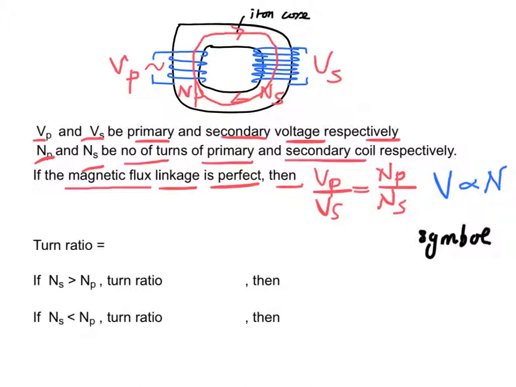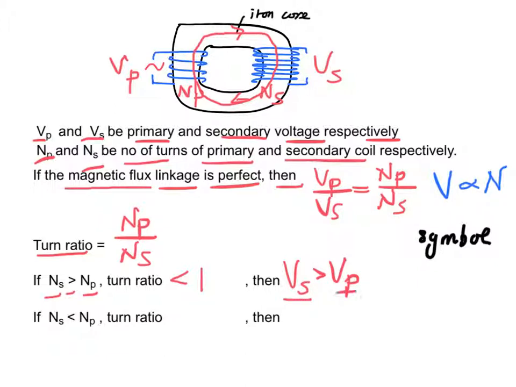For a transformer, the turn ratio is defined as Np over Ns. If Ns is greater than Np, then the turn ratio will be smaller than 1. Hence, Vs is greater than Vp, or we say the secondary voltage is larger than the primary voltage. And we say this is a step-up transformer. The symbol for a step-up transformer is